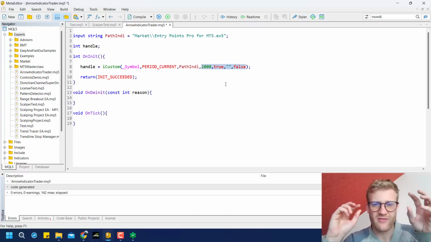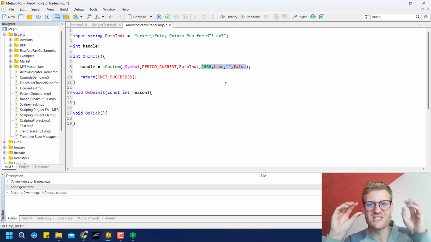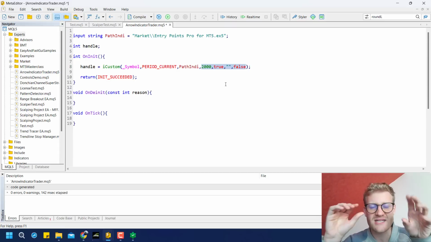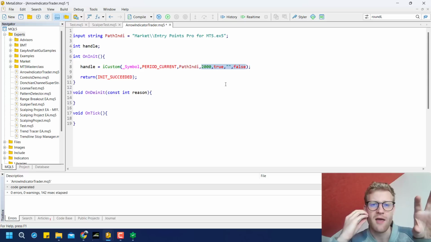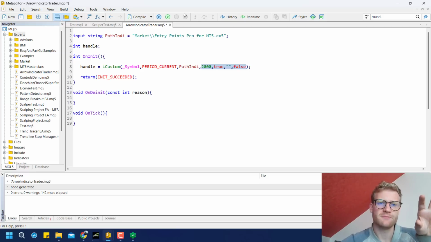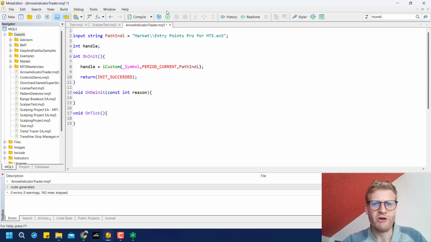So the expert advisor does not care what indicator you attach to the chart, but instead it takes all the parameters that are listed here. But for now, I will leave it blank. So if I do it like this and only provide the symbol, the time frame, and the path, it always uses the default settings of this indicator. So what can we do now? We need to have the